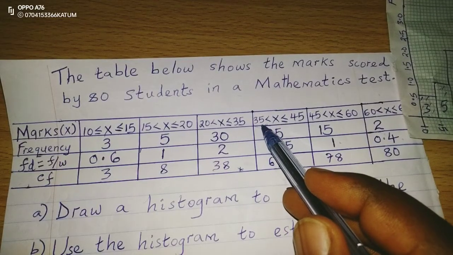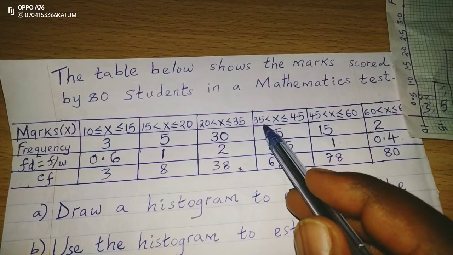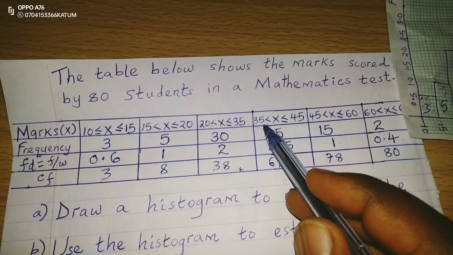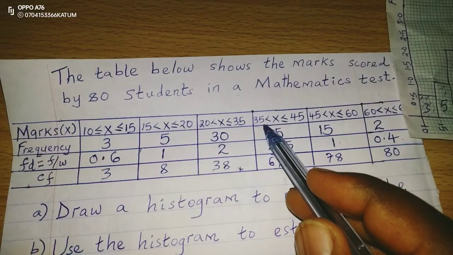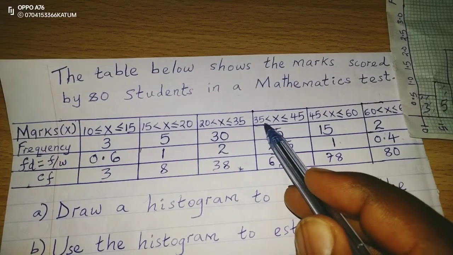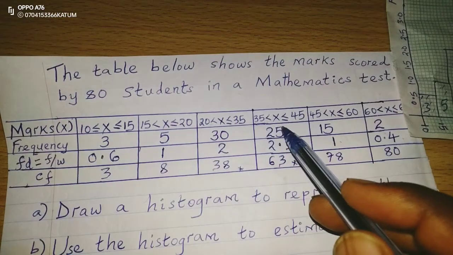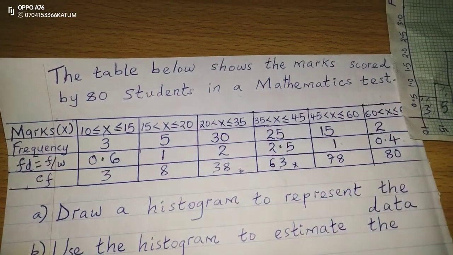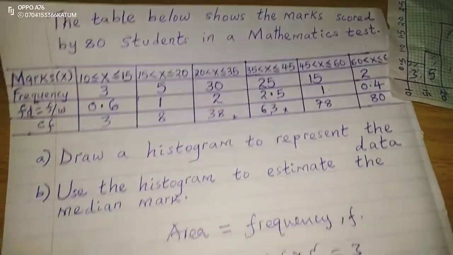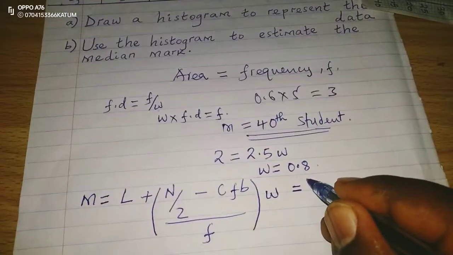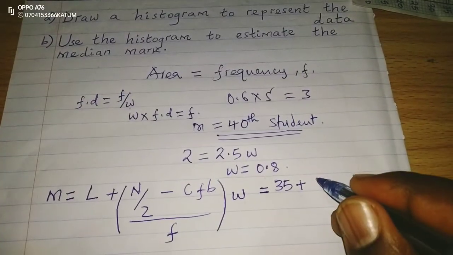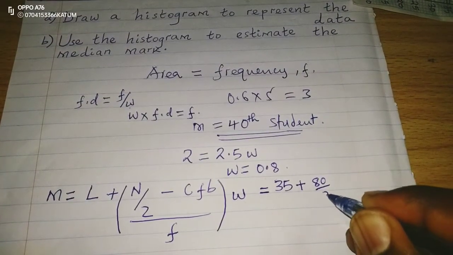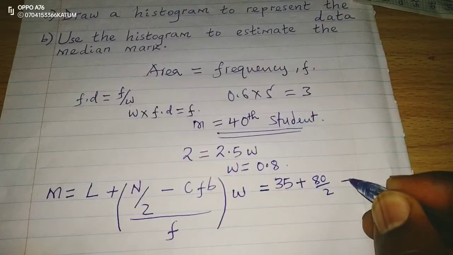In continuous data, the limits are also the boundaries. That is something to be known. In continuous data, the class limits are also the class boundaries. Therefore, the class limit here is 35, which also becomes our lower class boundary, 35. Therefore, we use 35. Then we add n out of 2 means 80 out of 2 minus cumulative frequency just